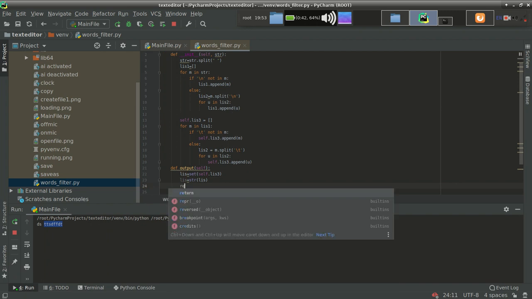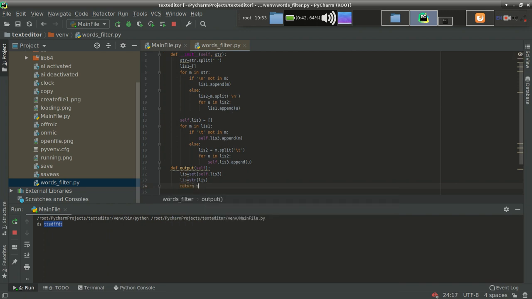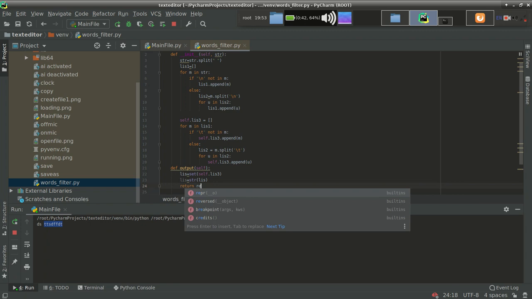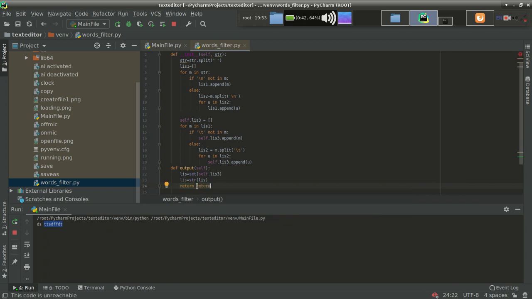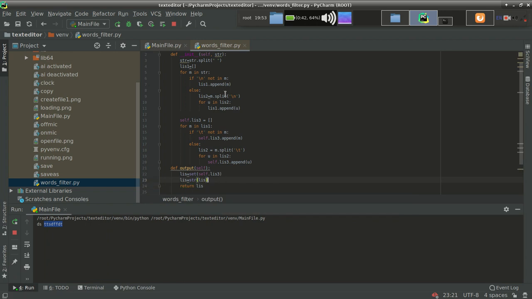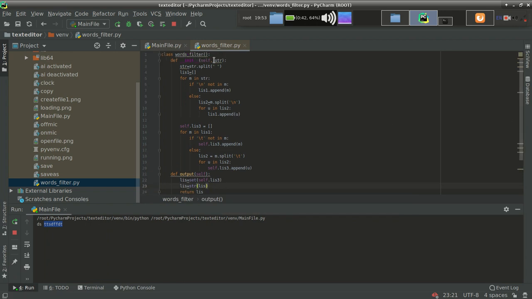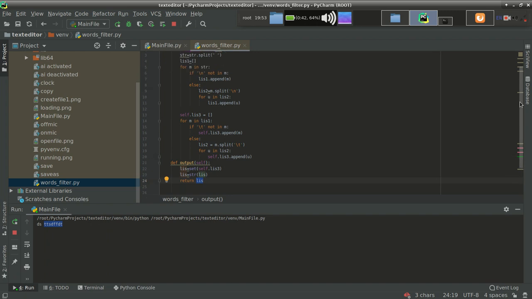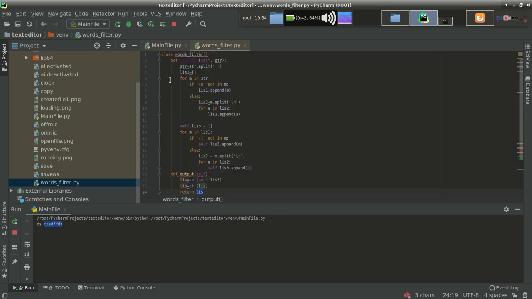So it will return a string which contains the filtered words only. So you can see that here I am getting the impure text, and from here I am getting the pure text. In this way you can also make your own word filter according to your need. So we have added the word filter.